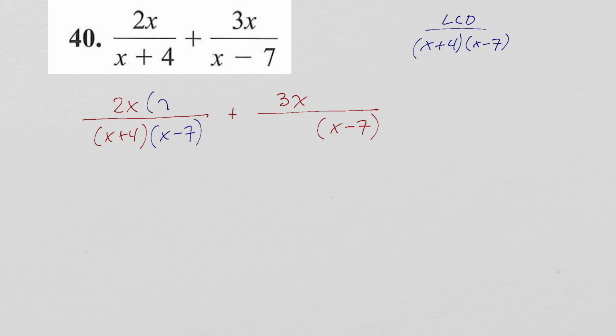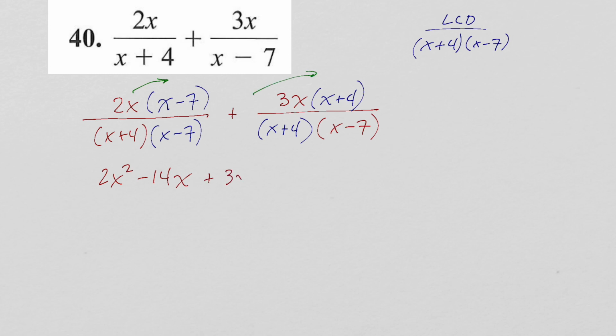So I'm going to do that in the numerator as well, so I don't change the fraction. In order to make this look like this, I'm going to have to multiply by x plus 4. So I do that in the numerator as well, so as not to change the fraction. Then I'm going to distribute this, and we'll get 2x squared minus 14x. I'll take the positive 3 and distribute it, and I'll get a positive 3x squared plus 12x over,